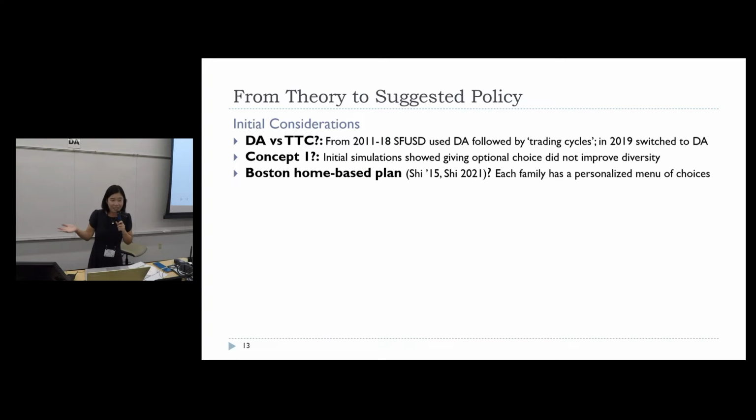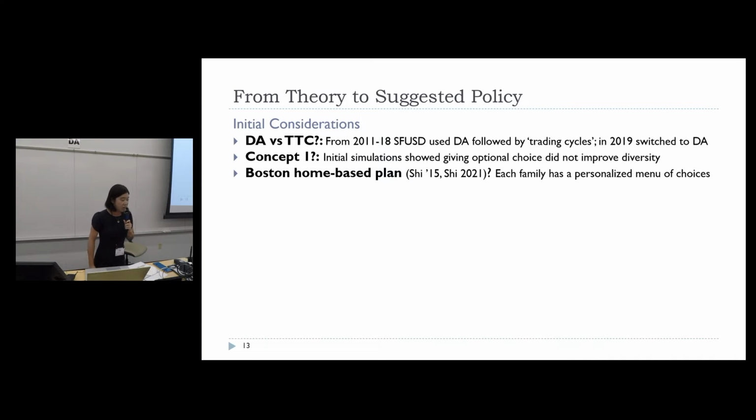There are a lot of decisions that we had to make, which I'm happy to talk about offline. I'm just going to highlight a few of them for you here. Some things include, well, which mechanism should we use? Should we use deferred acceptance or top trading cycles? From 2011 through to 2018, San Francisco actually used some form of hybrid where they used deferred acceptance and did some kind of trading cycle, but it wasn't really top trading cycles. The mechanism ended up being neither strategy proof nor efficient, and so it caused a lot of confusion. I'm happy to talk more about that offline, but the short of it is that we presented the trade-offs between deferred acceptance and top trading cycles to the district, and they decided they like deferred acceptance more.